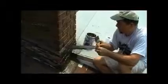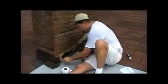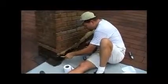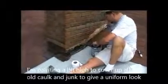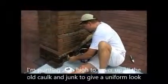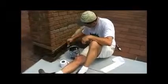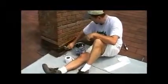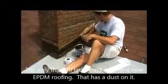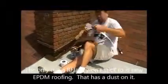There I took the duct tape off so that I'd get myself a nice straight line, and you can see that right there. I purposely went high because you can see the kind of product that was underneath the metal flashing when I tore the metal flashing off, and that just looks ugly. I didn't have to chip it off. I didn't have to put a lot of labor into removing it, but I did want to give it a nice uniform look. The ResistoFlash color is a musket brown color, and after you've painted, reinforced, and painted, you have